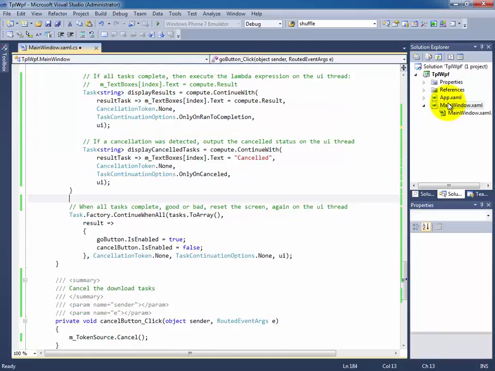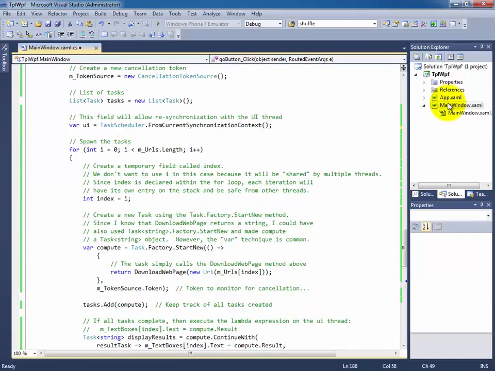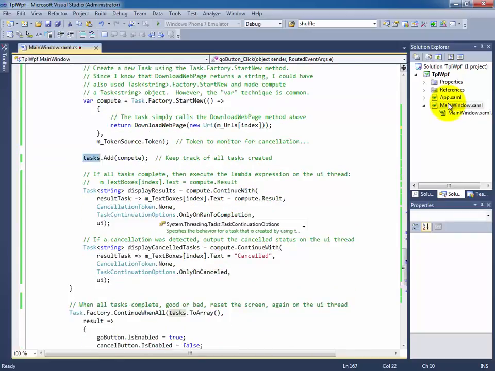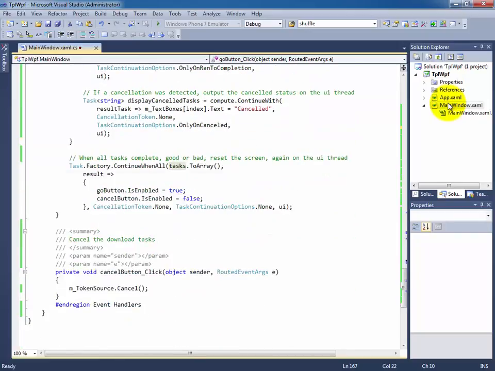So as soon as all of the tasks have spawned, we have a couple of choices to make. Do we want to just let this method finish, or do we want to wait for completion? In this case, I want to wait for completion because when it is done, I want to set those buttons back to their initial state so we can kick off the tasks again. So what we're going to say here is wait for all of the tasks. Remember, we created that task list. We add each of the tasks to that list. And we're saying when all of those tasks have been completed,